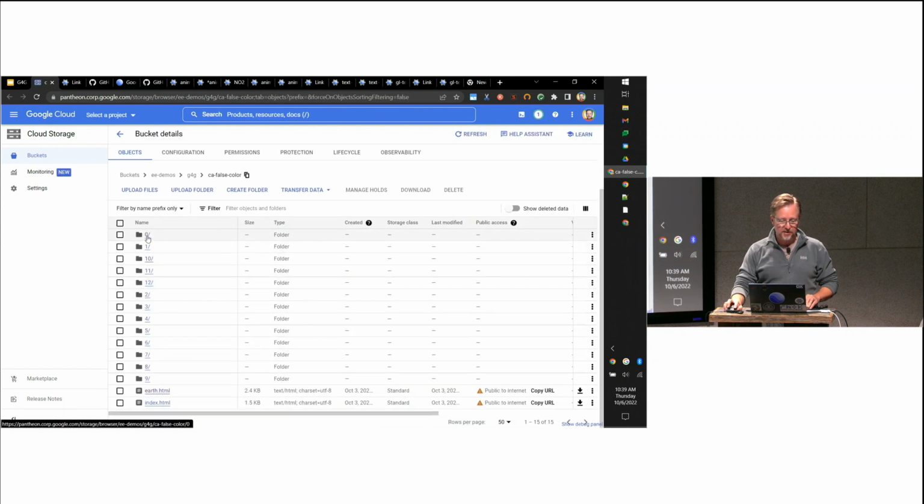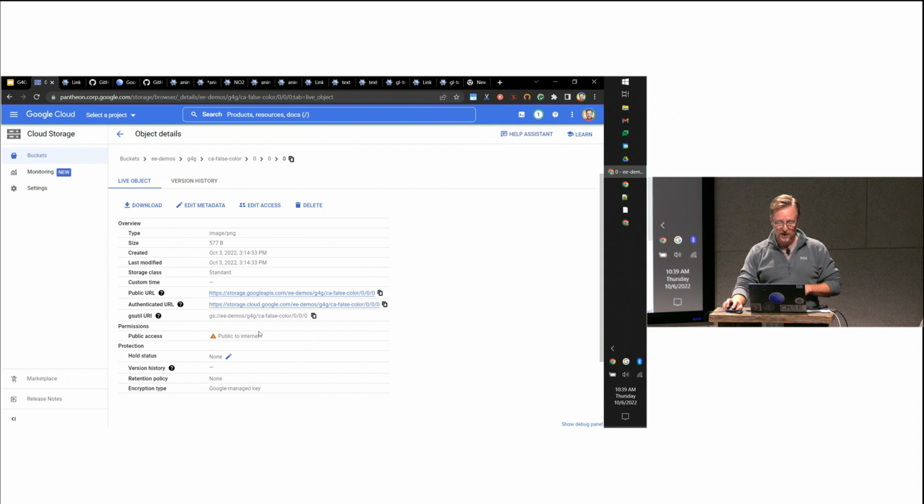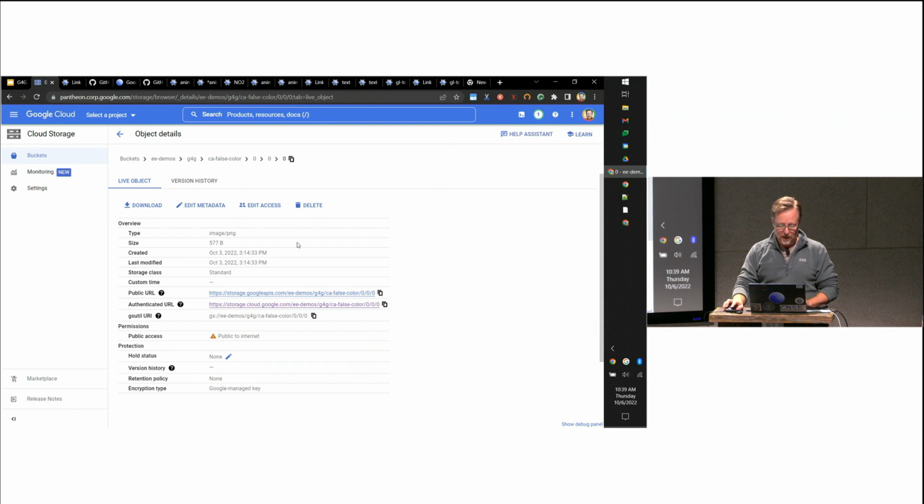And you get this pyramid of tiles. The first level of folders is my zoom level. So level 0 is global, and level 0 in X, or the X0, and then I get a 0 file, and there's the whole world with my California tile in it. And if I go back